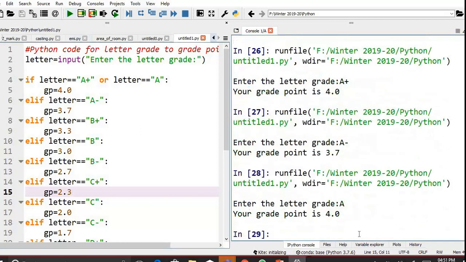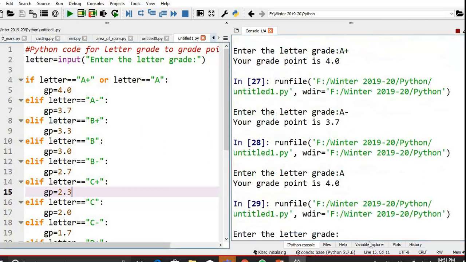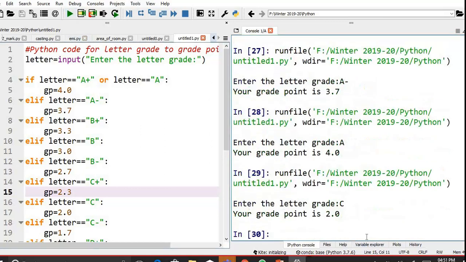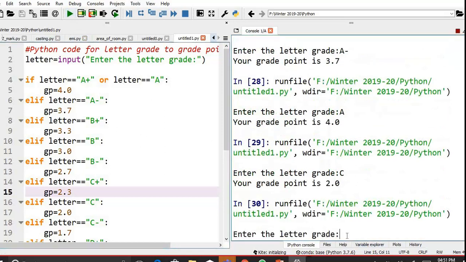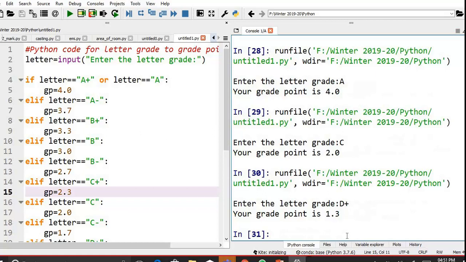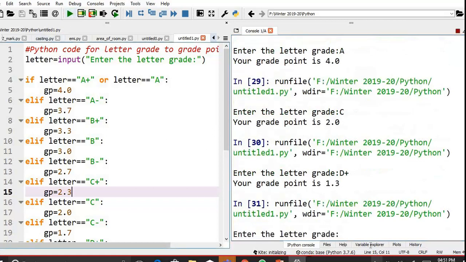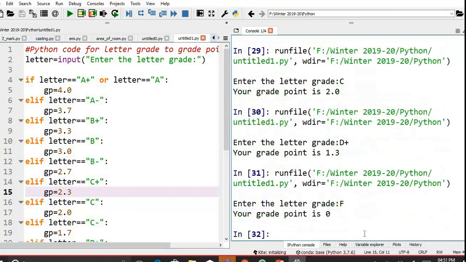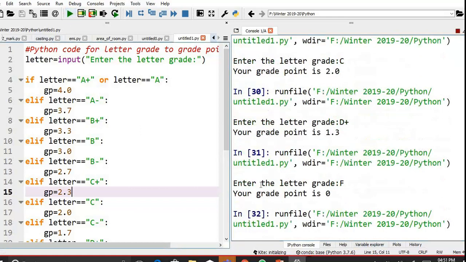A is also 4. We know C is 2.0. Let me check C. Yeah, C is 2.0. Let me check D plus. D plus 1.3. We know F is 0. Yeah, it is giving F equal to 0.